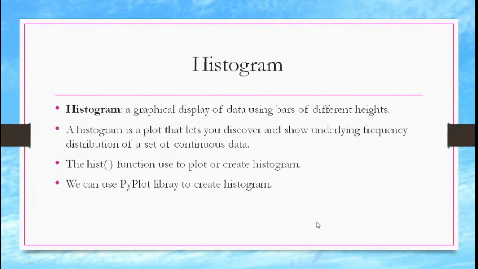So these are the basic things which you have to always remember: a histogram is nothing but a plot that lets you discover and show the underlying frequency distribution of a set of continuous data. I will show you the meaning of continuous data and at the same time how the frequency is going to be distributed.